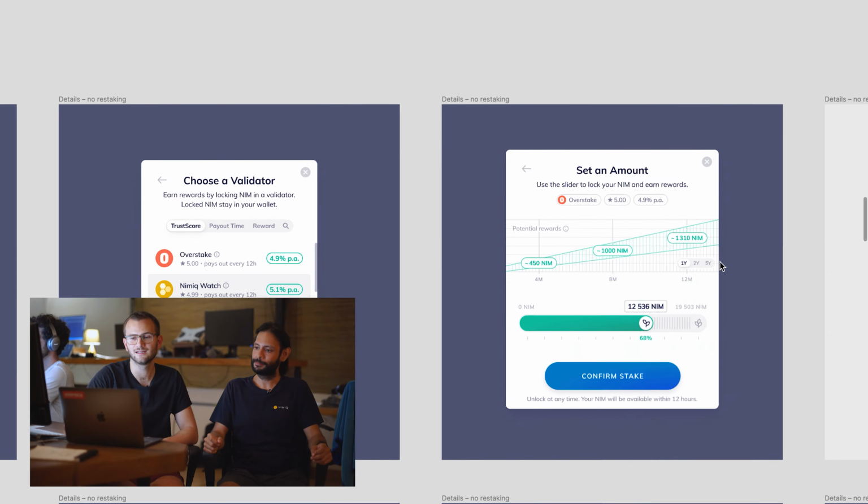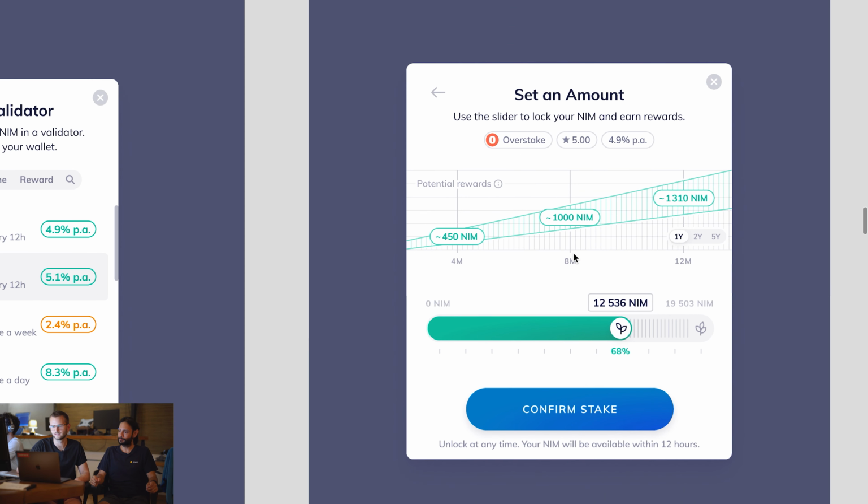Absolutely. Well, and then you basically just have to choose how much you want to stake. And what we want to do here is give you a little bit of a prediction of what that actually means. How does staking more affect how much you could earn? Of course, this is all estimations based on the network right now.